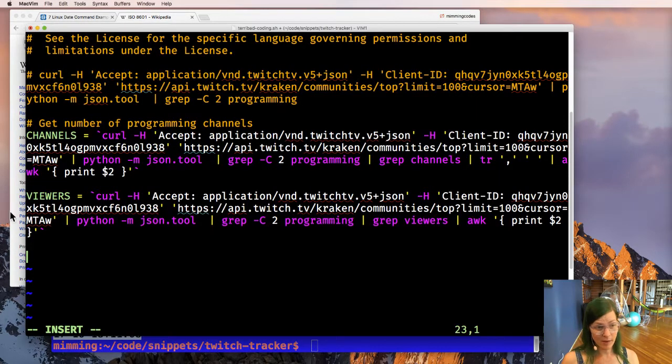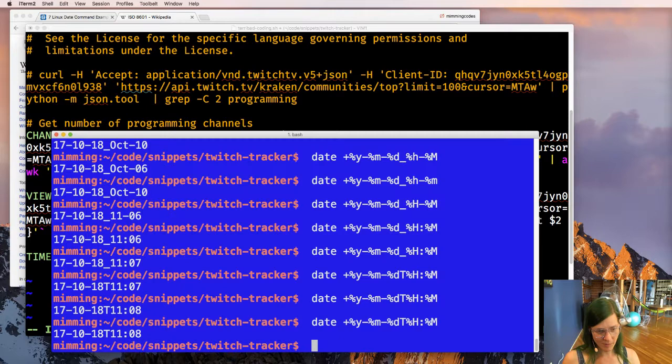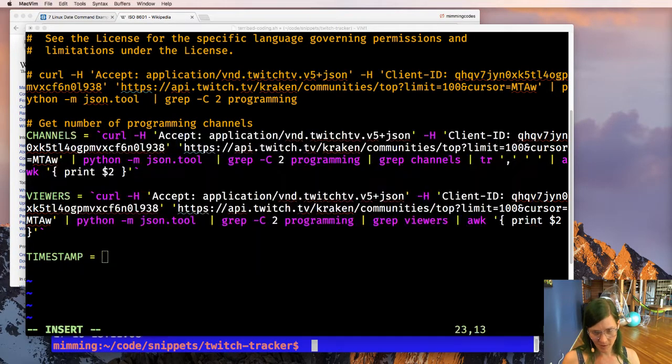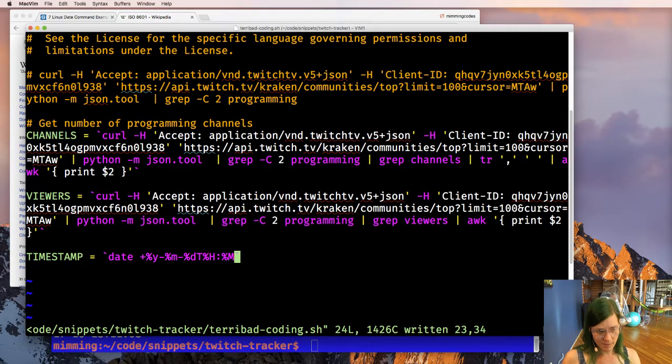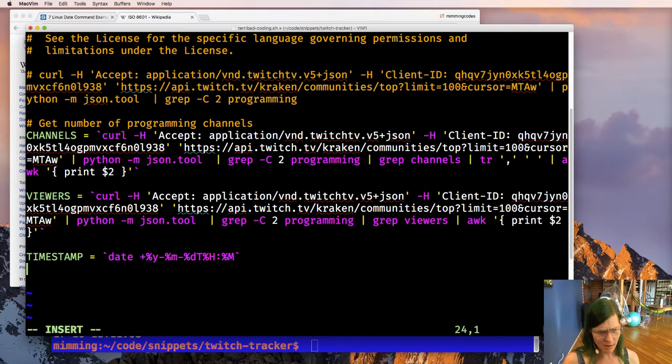Okay, so now I have that. Let's do now our timestamp, which is accurate to, that's literally a timestamp. I do not want a literal timestamp. I want a command that will give me a timestamp. Excuse me. Missed my mute button there. Okay, so now they have those three things.